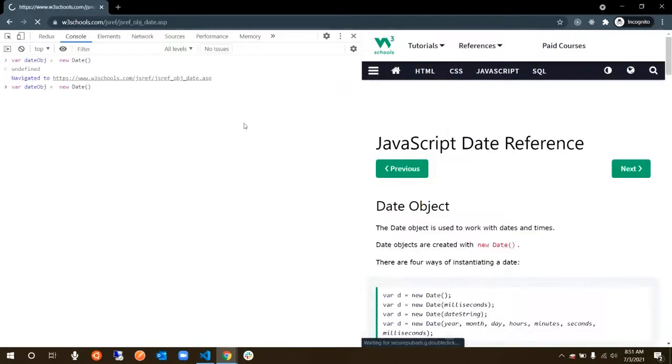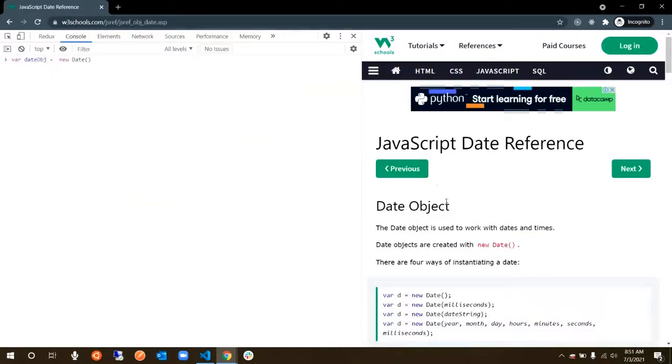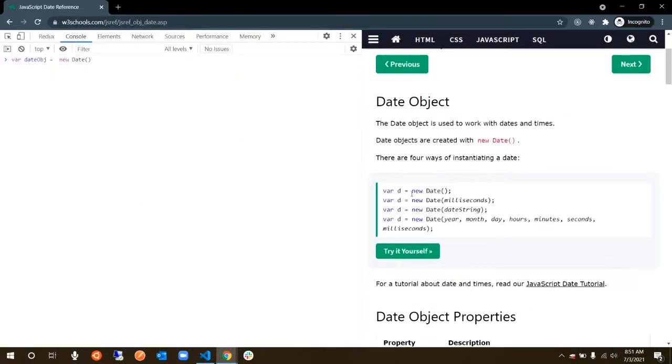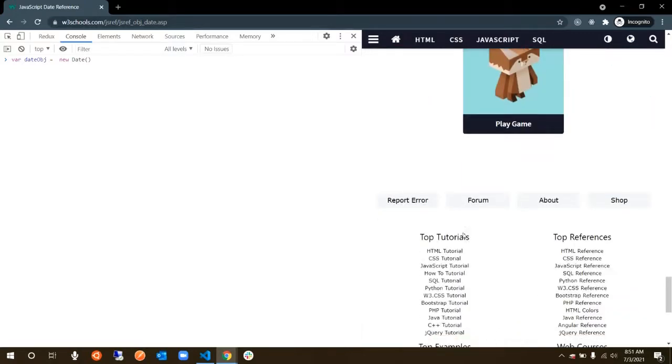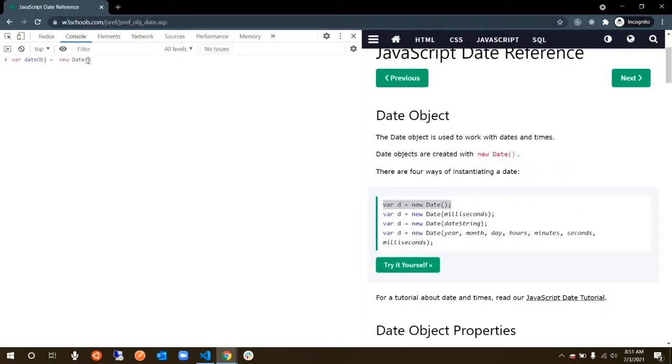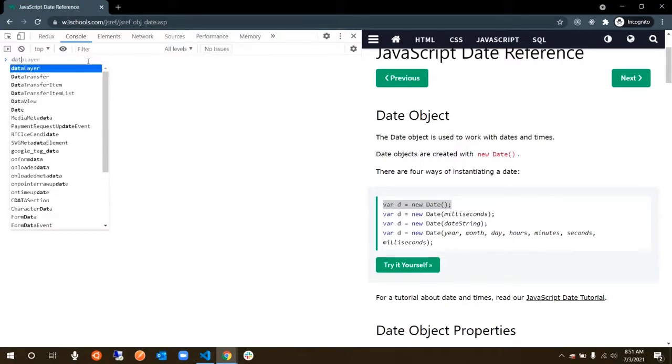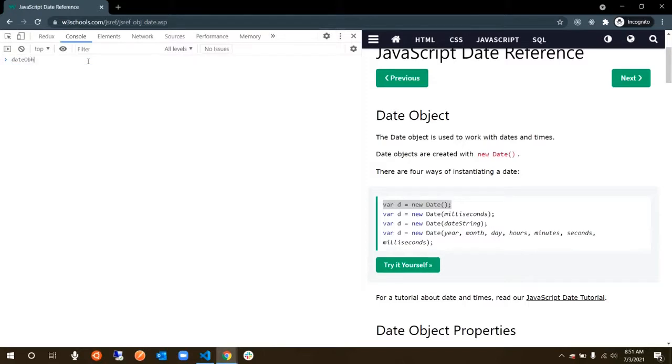Yeah, JS date is here. You see, you can either directly create a new date or you can give a date value inside that, so that it returns a parsed date. So for example, first let's see date object now. This is how it looks like, right?